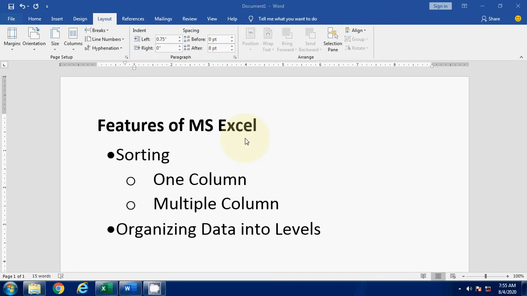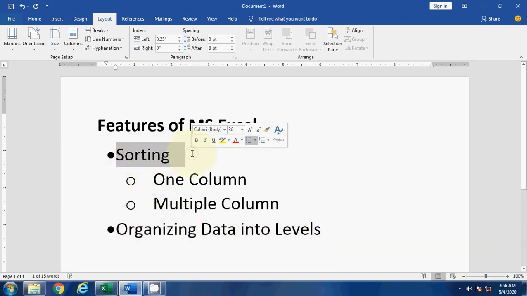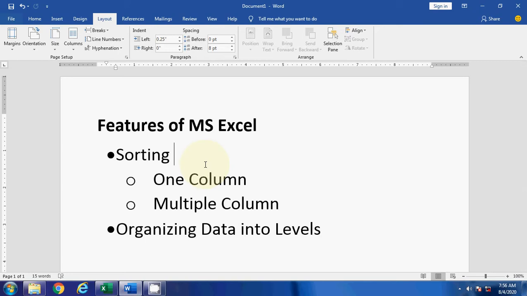In this video, I will show you sorting and organizing data into levels. Sorting means what? First, understand the meaning of sorting. Sorting means rearranging your data as per your requirement. That is called sorting. And this sorting can be done either in ascending order or in descending order. If you learned this in class 3rd or 4th in maths, number sorting was there.